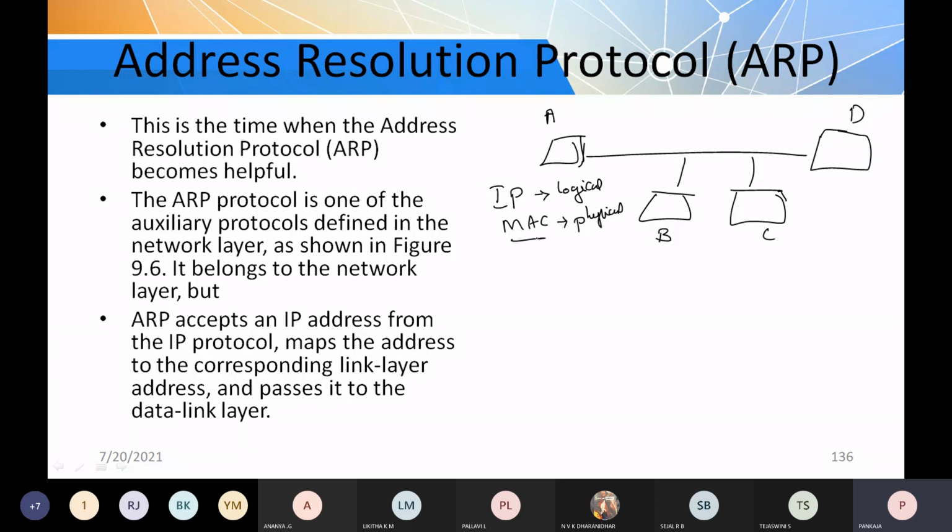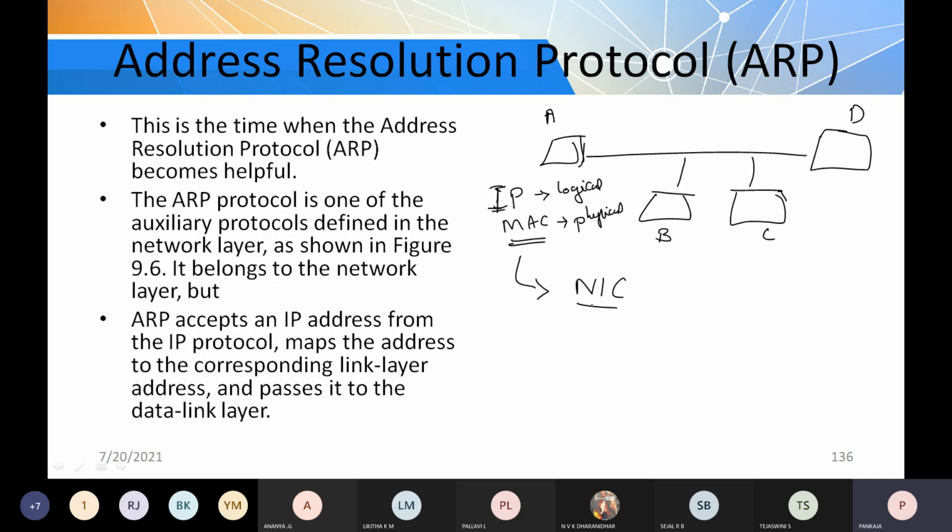I told you what a physical address is at the beginning of the chapter. Can somebody tell where exactly it is available? IP address, you know, is a unique address assigned to each device. Whenever a device is to be identified in the network, it can be identified with the IP address. MAC address is nothing but the NIC address, that is, the network interface card address.